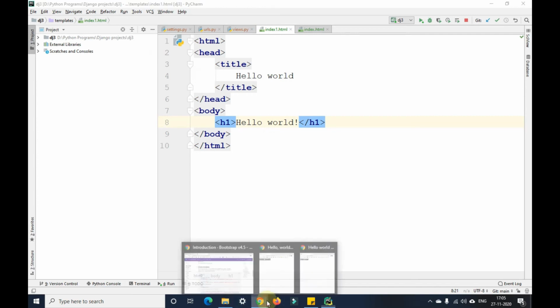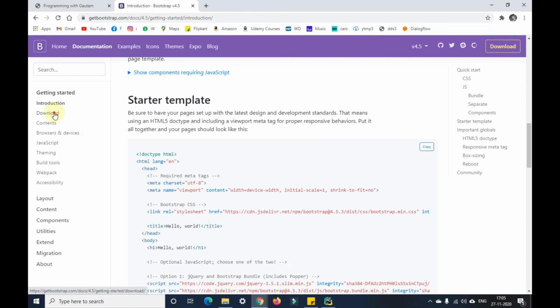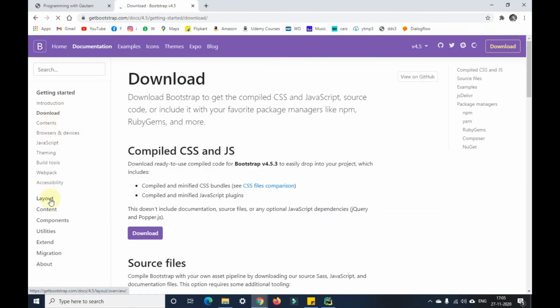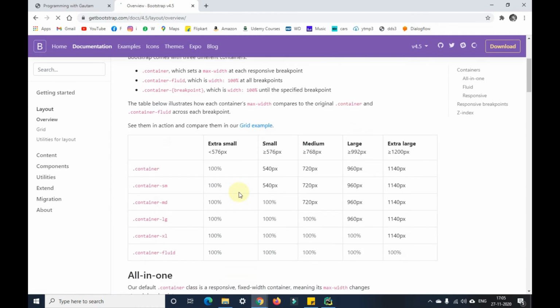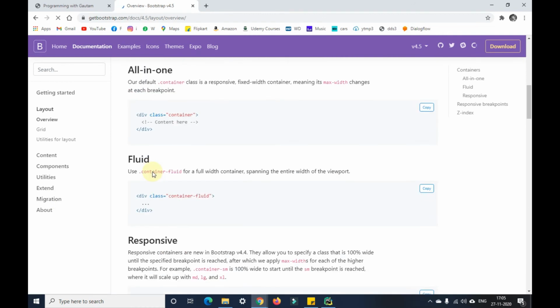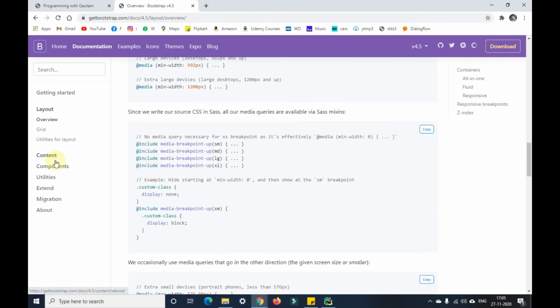So in Bootstrap, we also have many different things that we can do. That is, we have the content that is ready here. We have few layouts that are ready. So here, for example, I want a nav bar. So this is the nav bar, if you don't know it. So this kind of where we have the Bootstrap logo here, home, documentation, examples, icons, themes, expo, and blog. This is a type of nav bar here. So whatever you want, it's readily available here in the Bootstrap, the getbootstrap.com. You just need to copy paste that particular code from there.